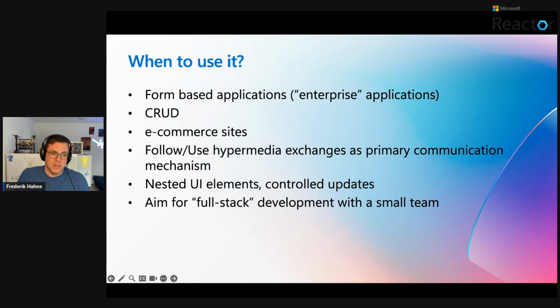And of course, your application should follow these Hypermedia exchanges. So you should not try to have one part managed by a JSON data API, which is consumed by HTMX. It would work, but it somehow doesn't make sense, because the idea is to really use HTML snippets for that.